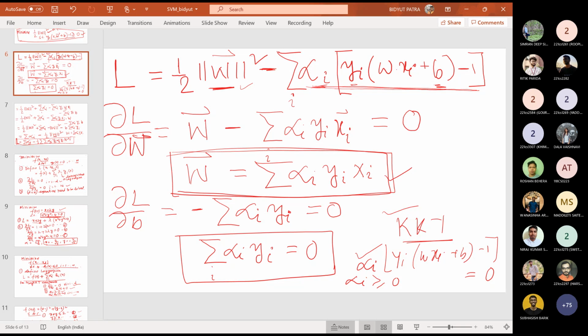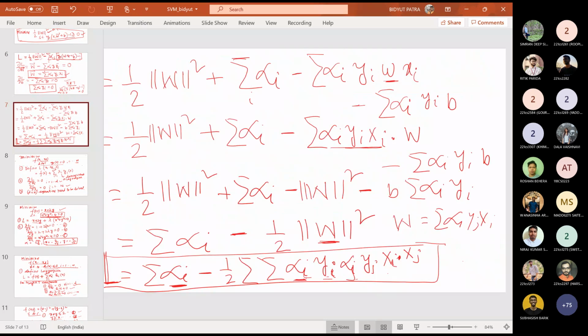So it is really difficult to solve. For solving this, it is the next slide. Here the problem is again reduced to this part, and if you see here, there is no W. To solve this problem, we only need to find the value of alpha. What is alpha i? That is the Lagrangian multiplier, and this is known, because this is the training data set, xi.xj. That is really not possible to solve by hand, so there is a method for solving this problem using numerical methods. We will generally solve it using that method.